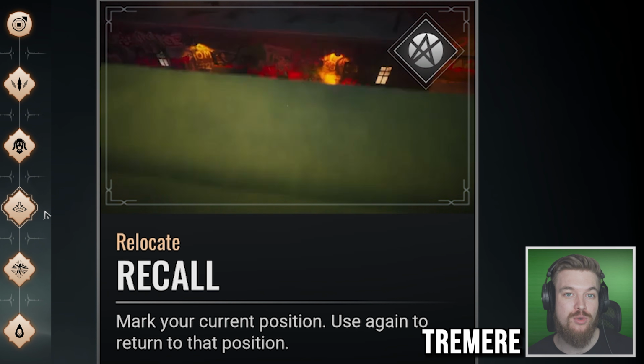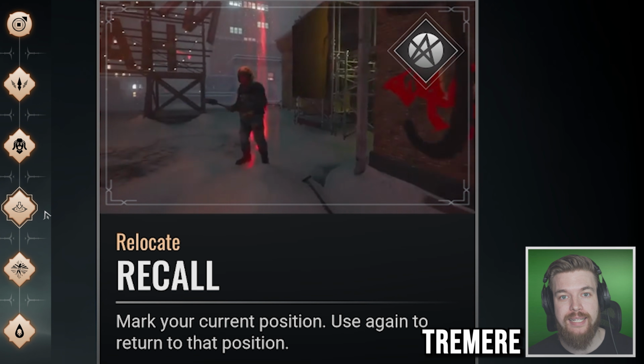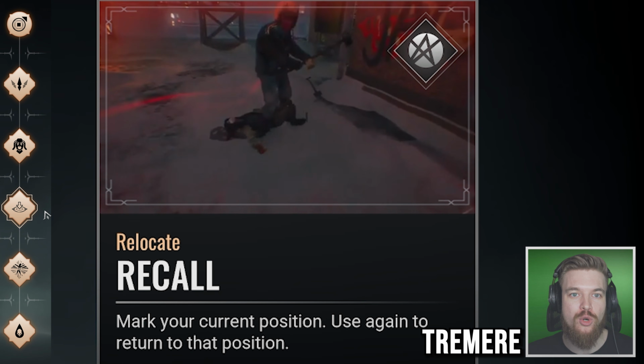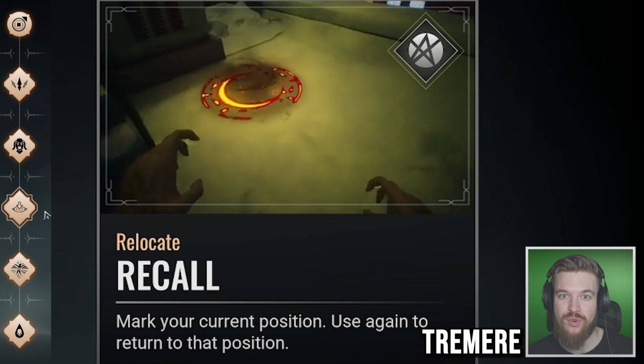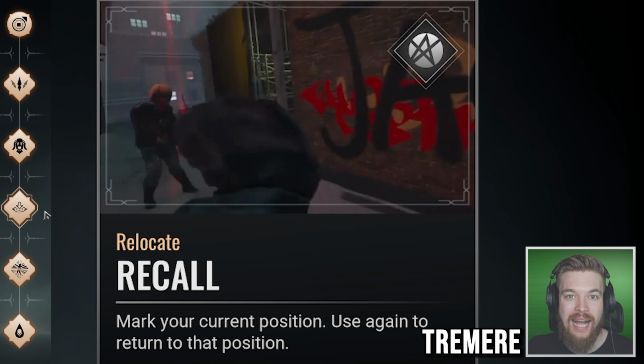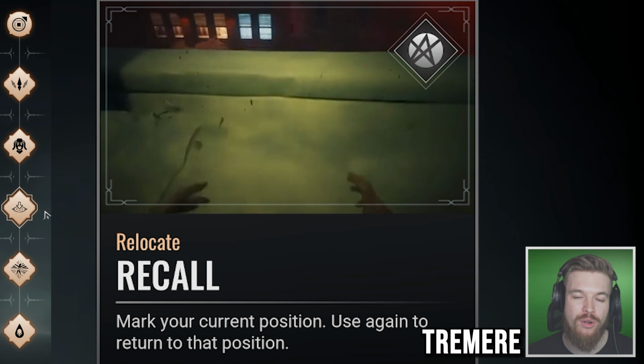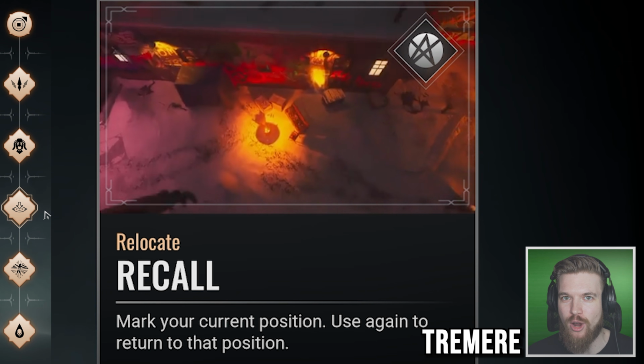Then the recall skill lets you mark your current position, and then when you reuse that ability, you'll teleport all the way back to your mark. This is insanely useful to stealth kill enemies from the top of buildings and then just recall back to safety and do it again, especially when you want to feed on specific civilians who are out in the open without